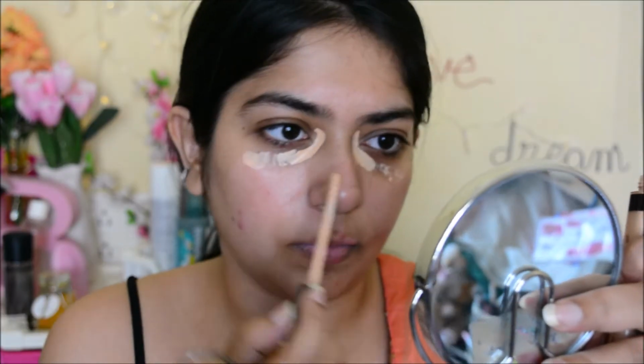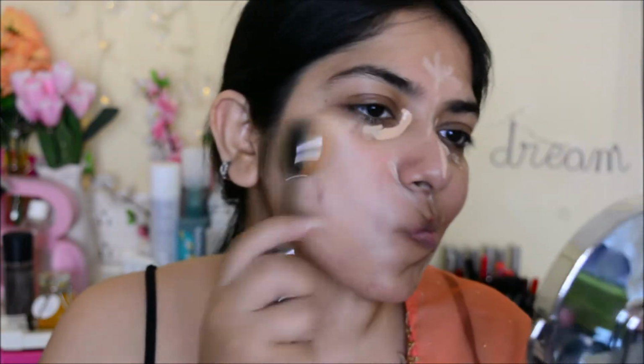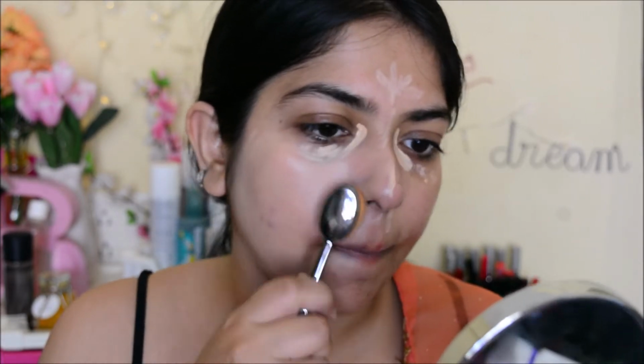So for my base, I use the Rose Ceramide cream to hydrate and moisturize my face, and I use the MAC Studio Fix NC37 for my foundation, and to highlight my face I use the Maybelline Fit Me concealer. So I applied it all together and then blended it all in with the Colourpop oval blending brush. And yeah, also don't forget the forehead and the neck. And after blending it all in,